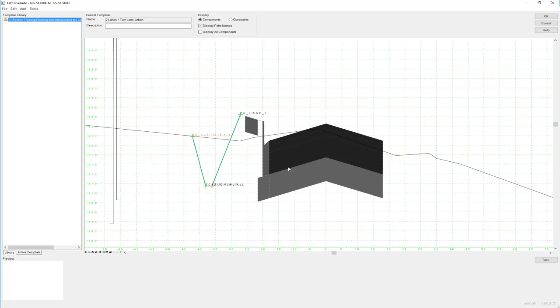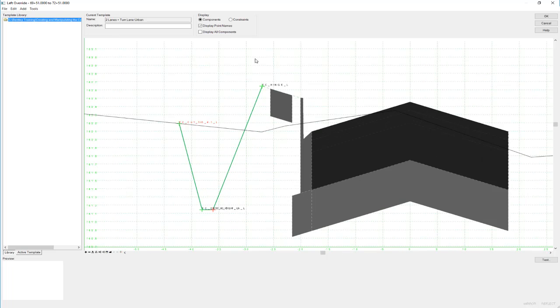And now at this point what you see is the pavement here, and then the end condition is highlighted. And the pavement shows up dashed. That means that you can't edit it. Nothing can be edited in here except the end condition that's attached to the template. Okay, so what we're going to do is delete this end condition and place a new one on here to hopefully get a better solution than what we currently have. So to delete this end condition, you just right click inside the window, left click delete components, and then just drag your